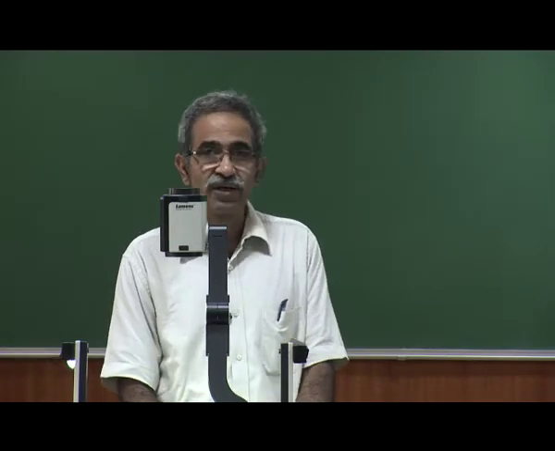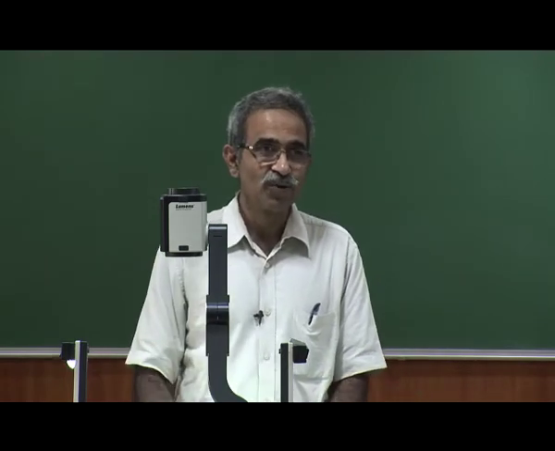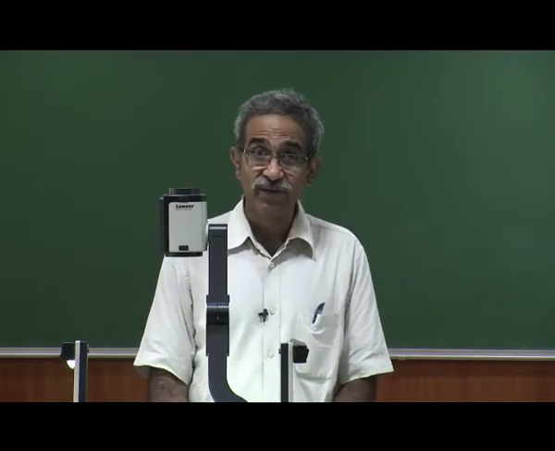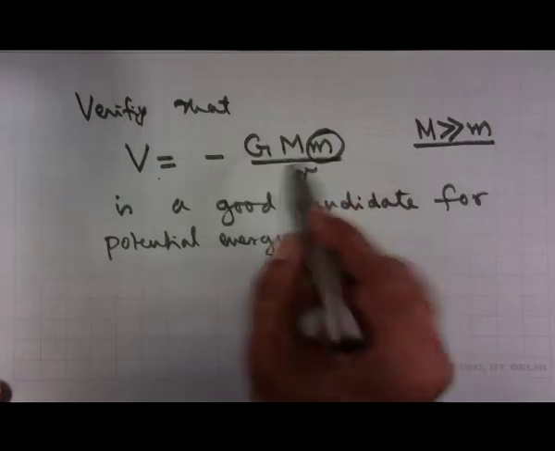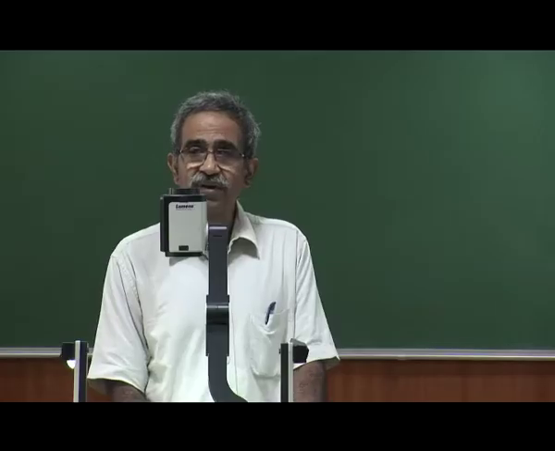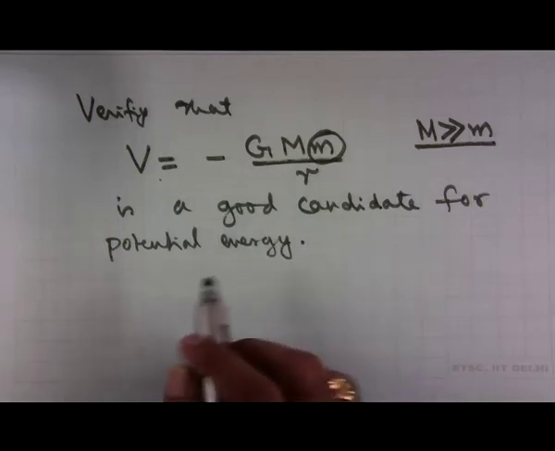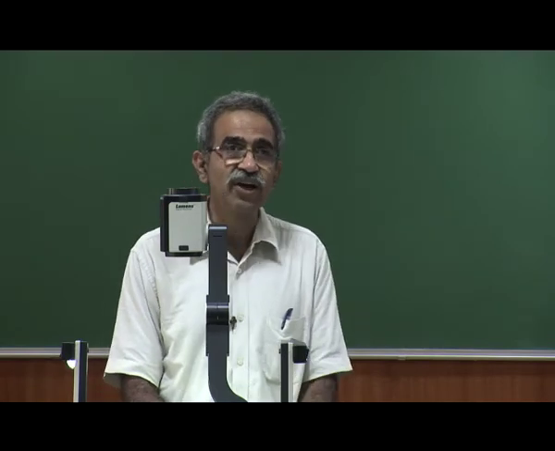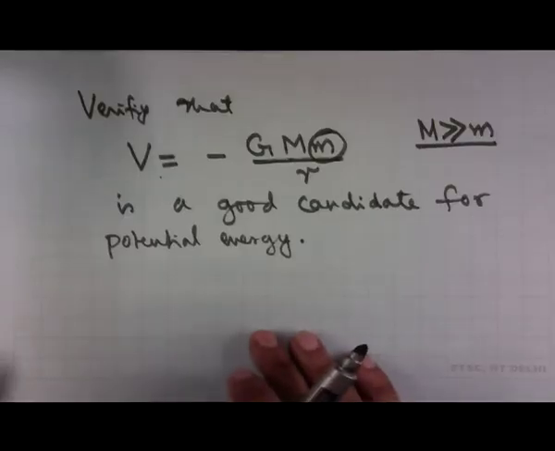Mass of the earth, I think, is about 10 to the power of 24 kgs, and mass of the sun is 10 to the power of 30 kgs. So we have a factor of 10 to the power of 6 or more. So that is the difference. That is the picture that we have. This does not take away the generality of this expression, but for our purposes it is enough, because if you allow the large mass and the small mass to be comparable, and if you want to write down the equation of motion, it becomes a little bit more complicated. We will have to introduce the concept of a reduced mass, and at this stage it is not required. So let us work within this approximation.